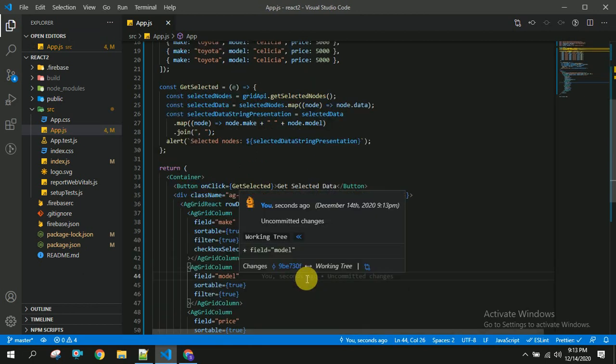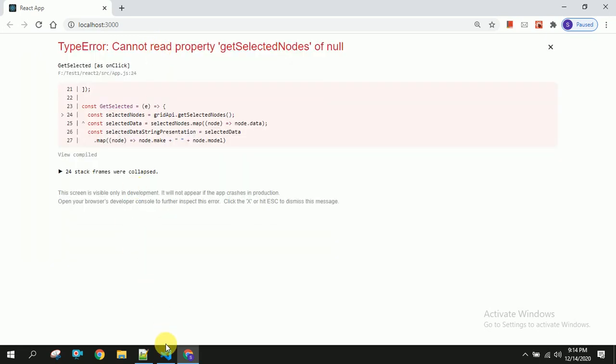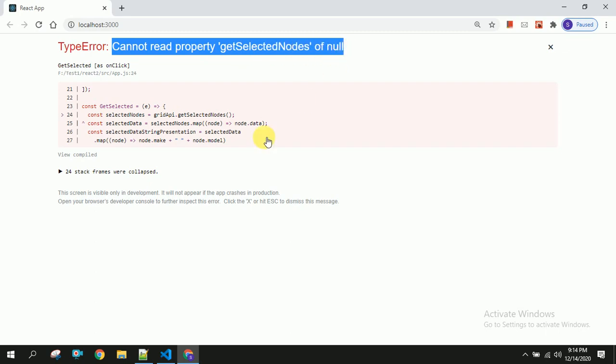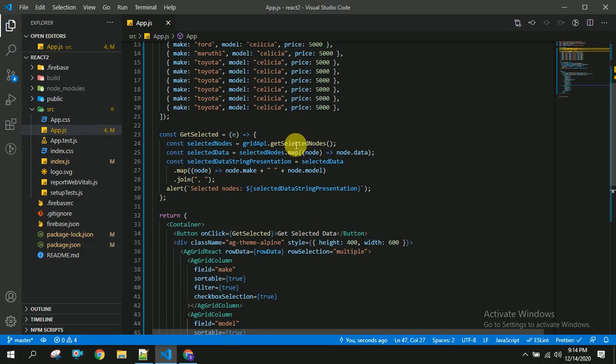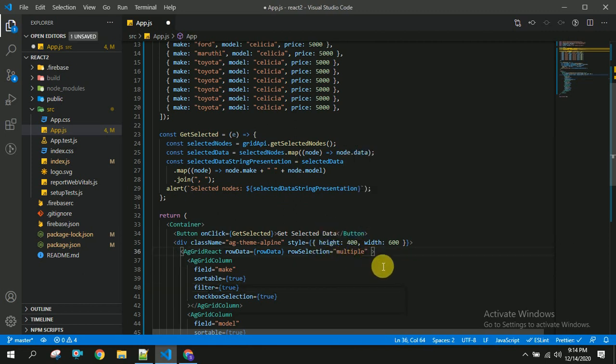So let's head back to our browser and check this functionality. Once you click on any checkbox, and once you click on get selected data, you should be able to get the alert, but we are not getting this because we have to paste some code. It's showing "cannot read property getSelectedNodes of null". So we are seeing this getSelectedNodes here. For that we have to copy some code and paste here in this AG Grid React. So I am pasting here in this AG Grid React,